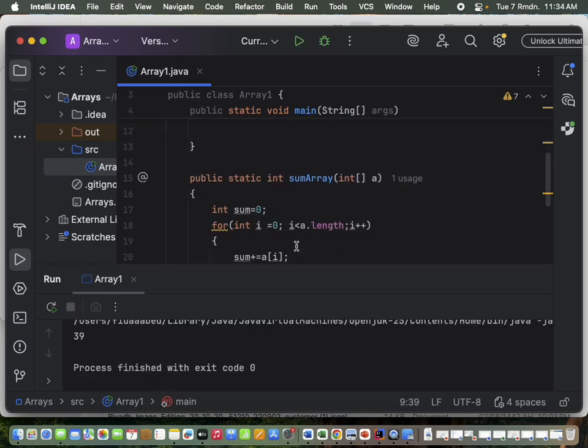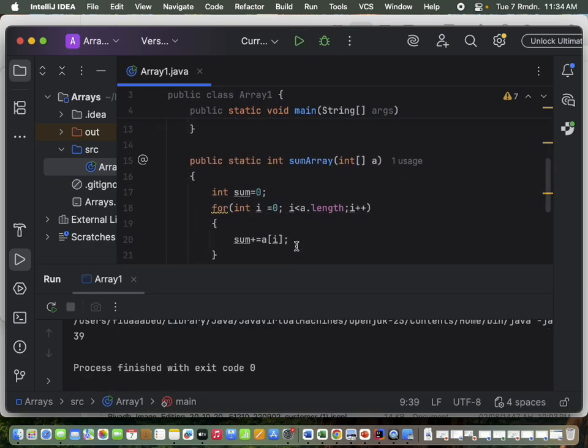So this shows you that we can actually make methods that accept an array as input. And we can call this method by giving it an array. Clear? Any question about this? Okay, if not,